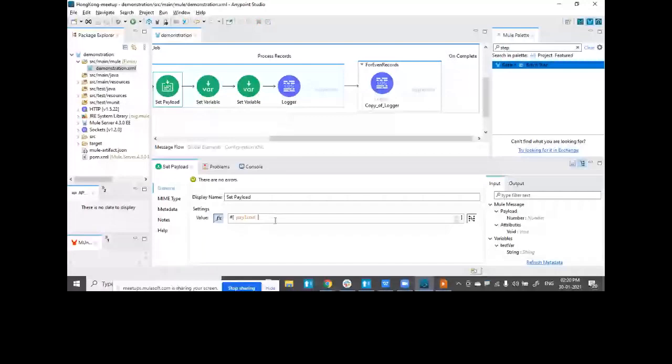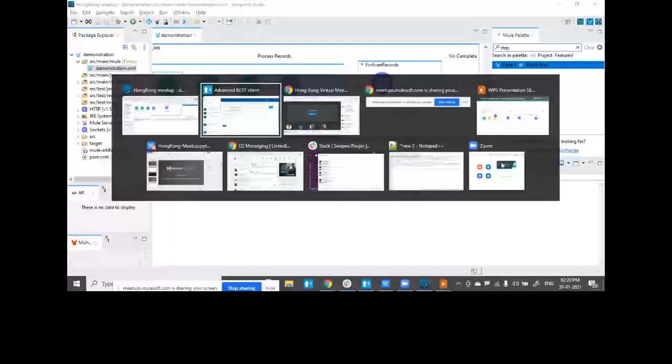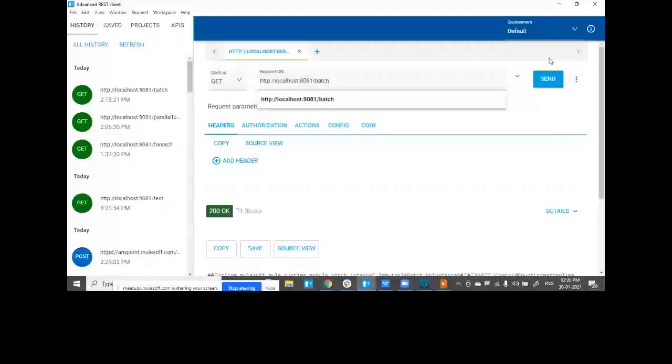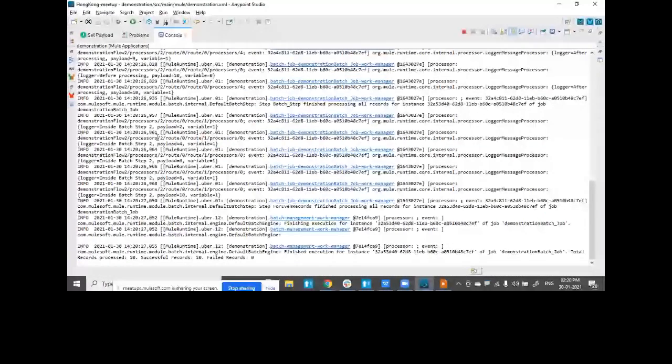I'm just keeping the payload the same. The application is redeployed, and if I trigger my flow, in this case, whenever I check inside batch step 2, I'll only get 2, 4, 6, 8, and 10, which means my acceptance criteria is working perfectly fine.